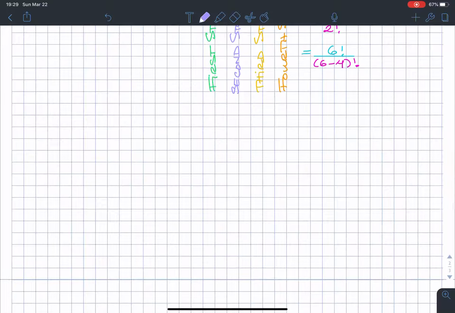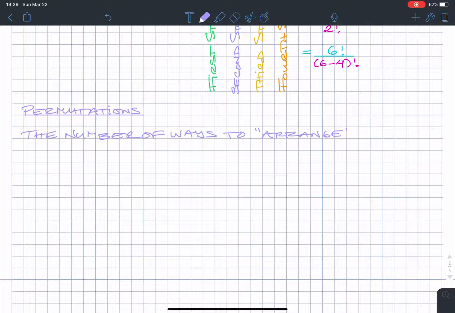Permutations. So the number of ways to arrange K options from a total of n possibilities,